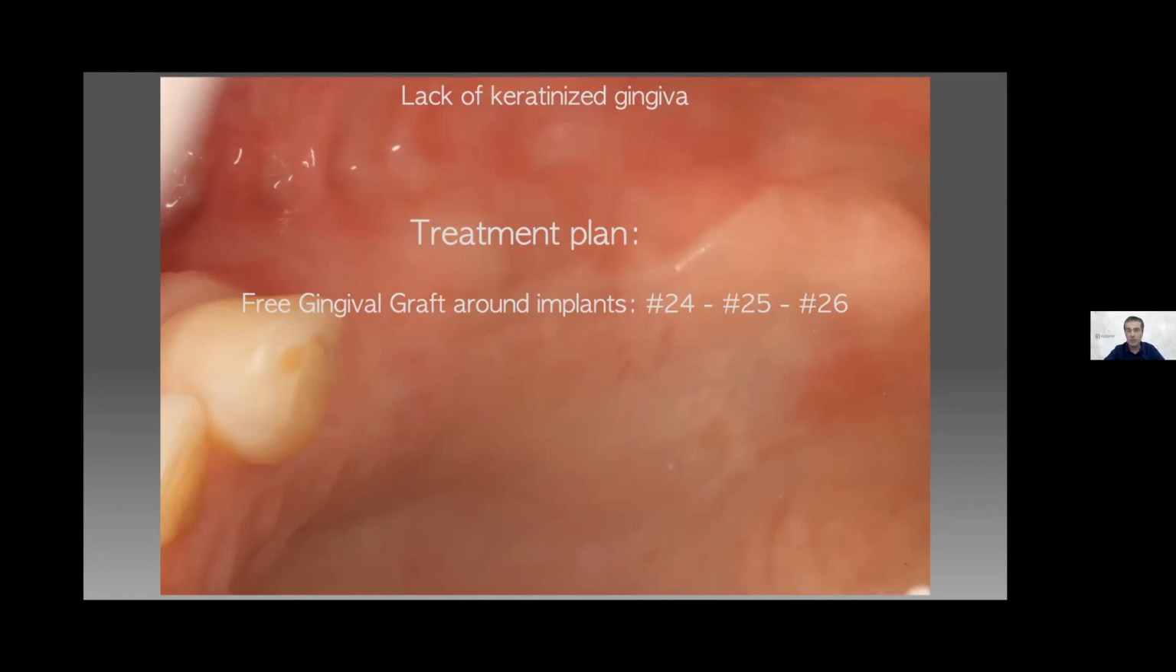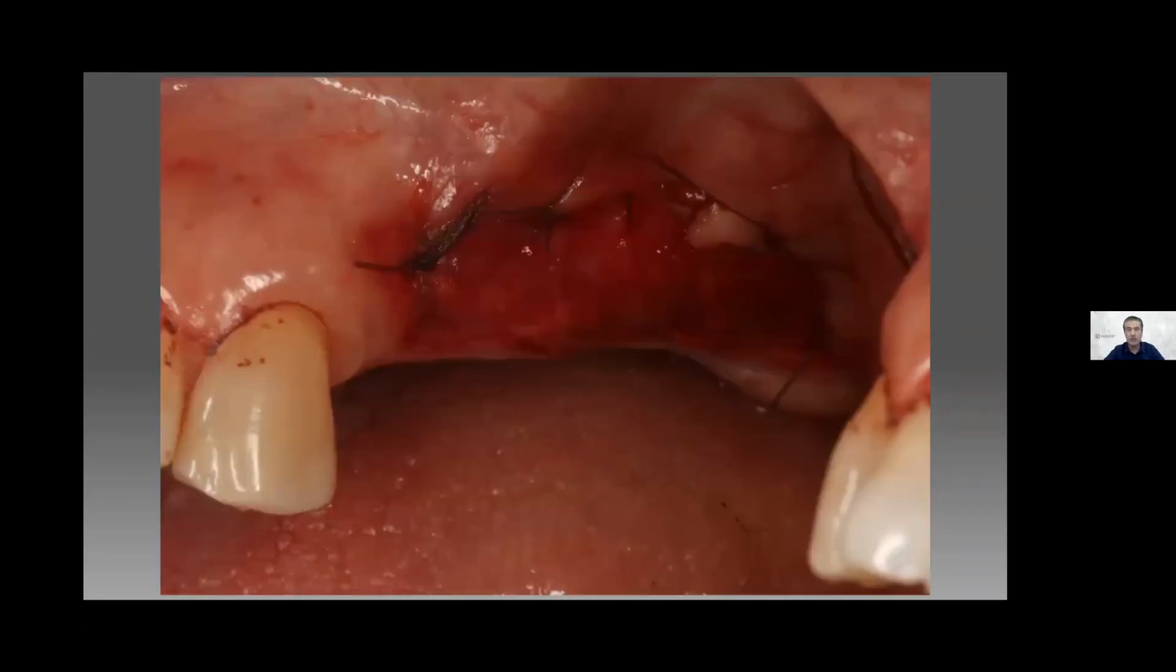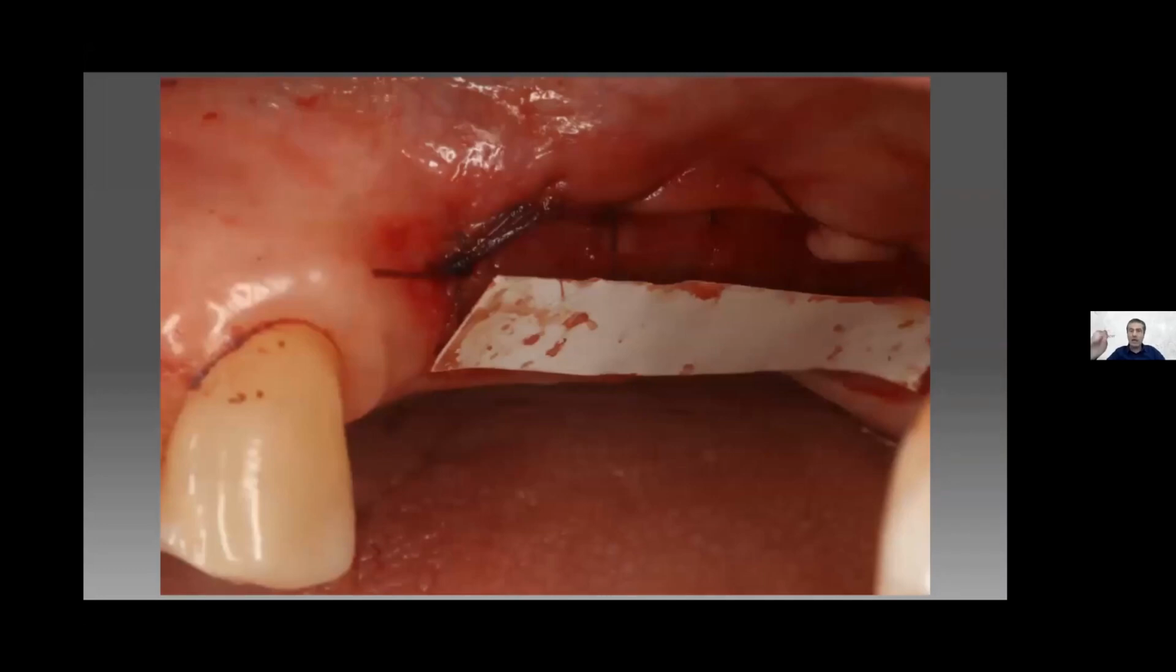So it needs a free gingival graft to this area. A free gingival graft was done, harvested from the palate, and its thickness did not exceed 2 to 2.5 millimeters. It means 0.8 millimeter of epithelium and 1.2 to 1.5 millimeters of connective tissue, not more and